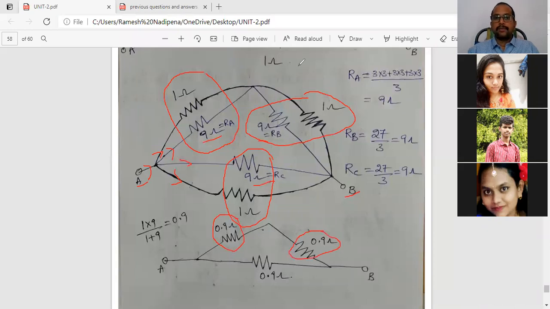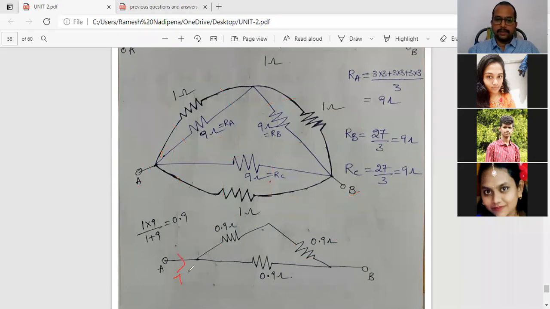Now the final step. Let us assume some current flow. This current is divided into 2 or more parallel paths. So the current is divided here into 2 parts. Now the same current will flow through 0.9 ohms, again 0.9 ohms. That means these two resistors are connected in series. 0.9 is connected in series with 0.9, that is 1.8. So here 1.8 and 0.9 are parallel. Correct. 1.8 is in parallel with 0.9. That is our final answer.